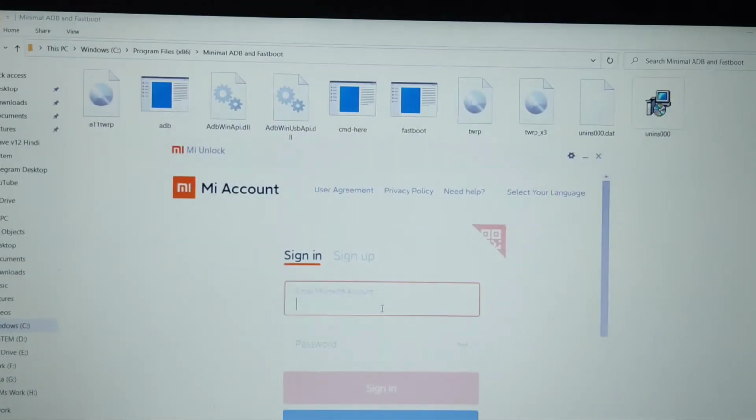And now I finally have the time done. I have the full 168 hours completed, so that's why I'm unlocking my device bootloader. Let me sign in with my device, and after signing in, let me show you how it will work and how you can unlock. By the way, it's quite easy. Most of you already know how to unlock the bootloader and install a custom recovery, but for a newbie who doesn't know, I'm going to show you.